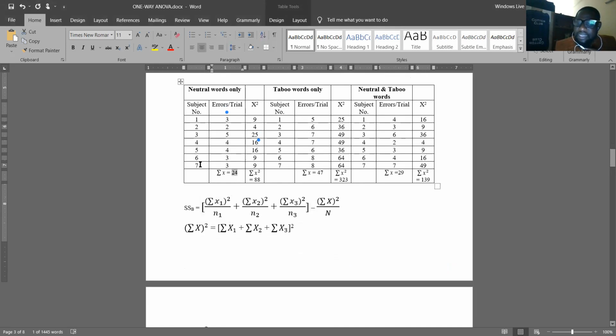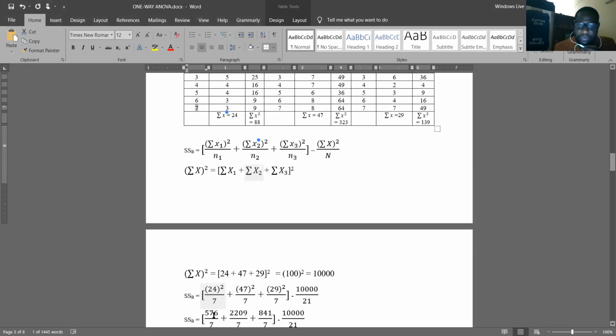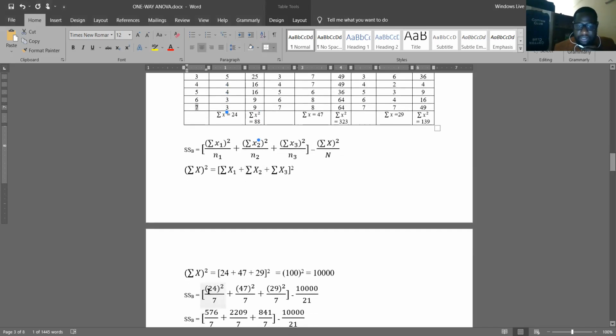N1 represents the total number of participants in neutral words only, which is 7. So it will be 24 squared over 7, plus 47 squared, plus 29 squared, which is for group 3, all over